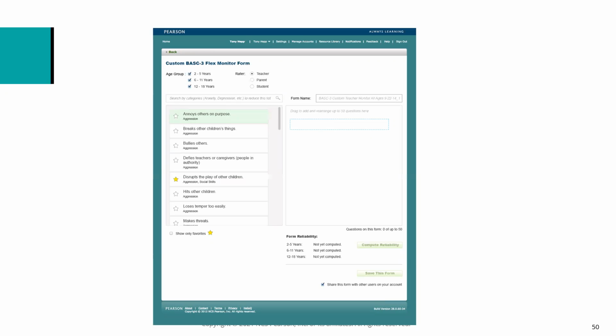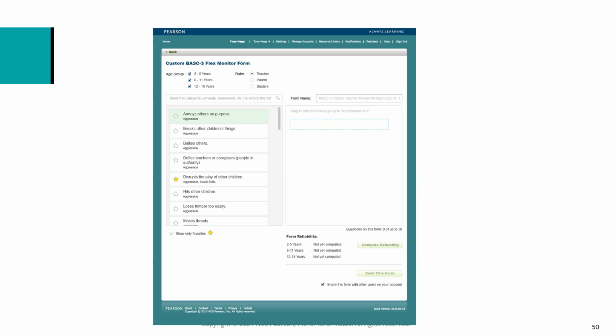So that as you're searching for items, you can filter based on certain criteria, and it will pull up all of the items related to that criteria within our item bank. And then you can just select which items apply most appropriately to your student. And then the adjustments can be made throughout the building of the form and resaved multiple times. So you can also share them with other users. So if you want a consistent form, if there's a program, for example, that you're testing out for a group of students and multiple raters will be in there for progress monitoring, you can share that form out.